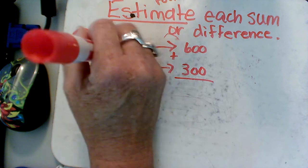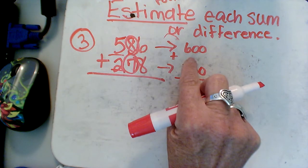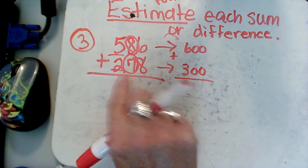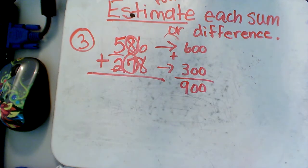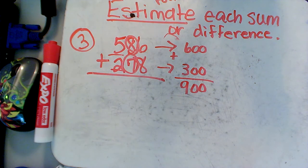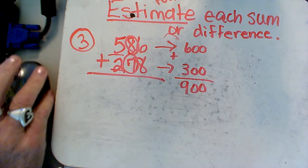rounded to the nearest 100. 8 told us to bump up the 5 to a 6. 7 told us to bump up the 2 to a 3. And 6 plus 3 is 900. So we'll have one more challenge problem to do tomorrow. And that'll be